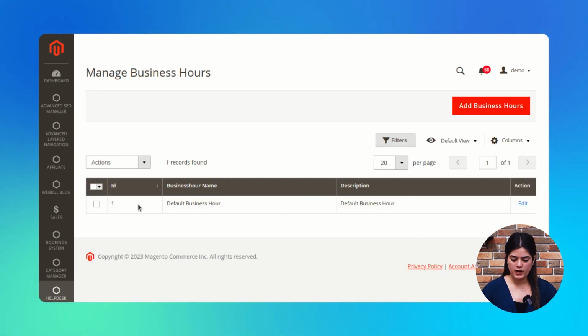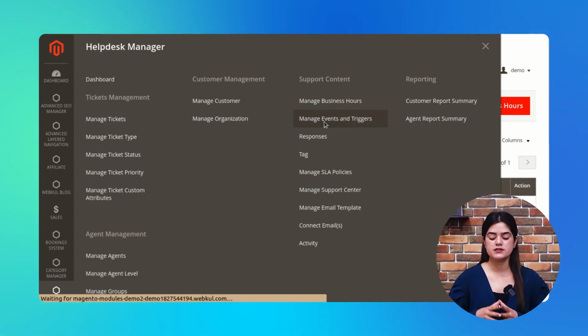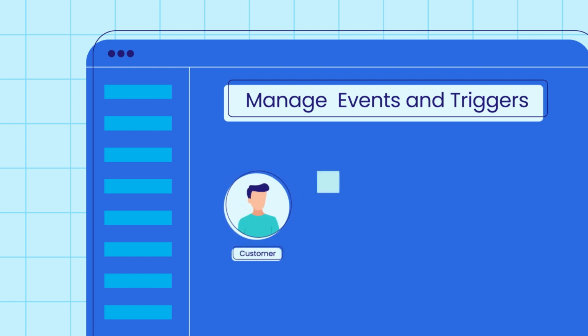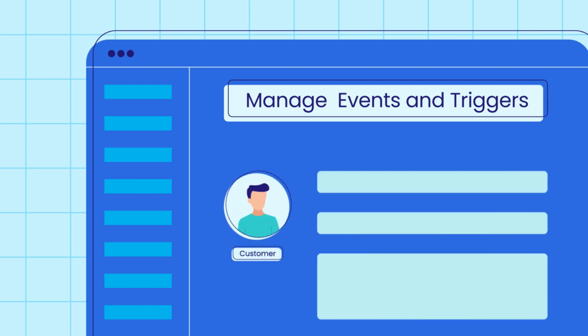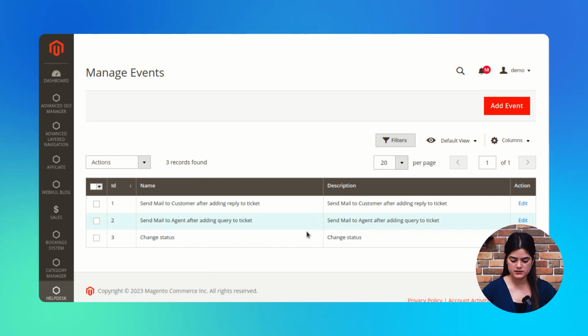Coming next, we do have an option of manage events and triggers. Events and triggers are the actions which are performed by an agent or customer inside your help desk, and then accordingly an activity should be performed, and that is managed by the events and triggers. As you can see here, I have set some events and triggers, and you will get the option of these triggers over here.